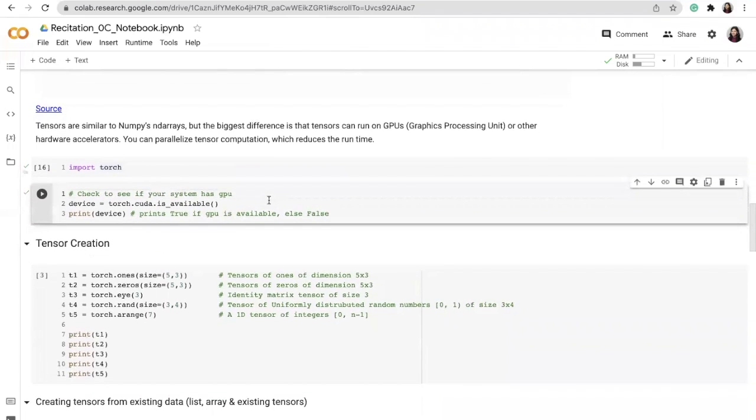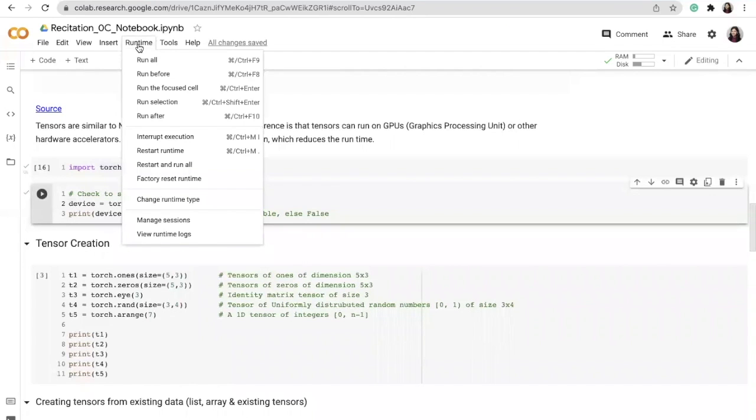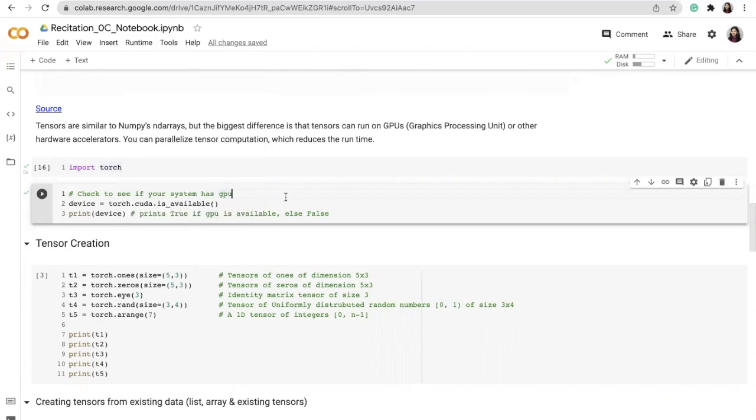Now that we are talking about GPU, let's see if my current environment has a GPU or not. Jupyter Notebook has an option for whether you want to use a GPU or not in your runtime environment. From Runtime, you will be able to change the runtime type and select if you want a GPU or not. For this recitation, since we are not doing any heavy deep learning computations, I have decided to run this on my CPU.